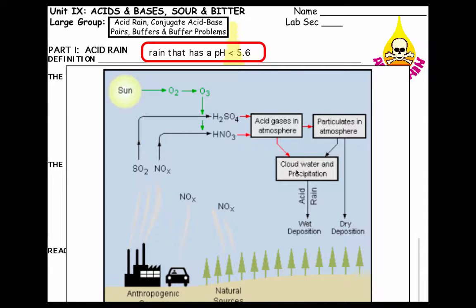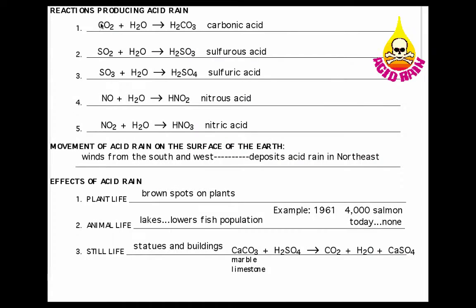when they combine with the water, then it rains down and it is more acidic if these gases are in abundant supply. The acids that are produced are just like the reactions that we saw in our monster acid-base lab. CO2 in water gives you carbonic acid, SO2 and H2O gives you sulfurous, then we have sulfuric, nitrous, and nitric